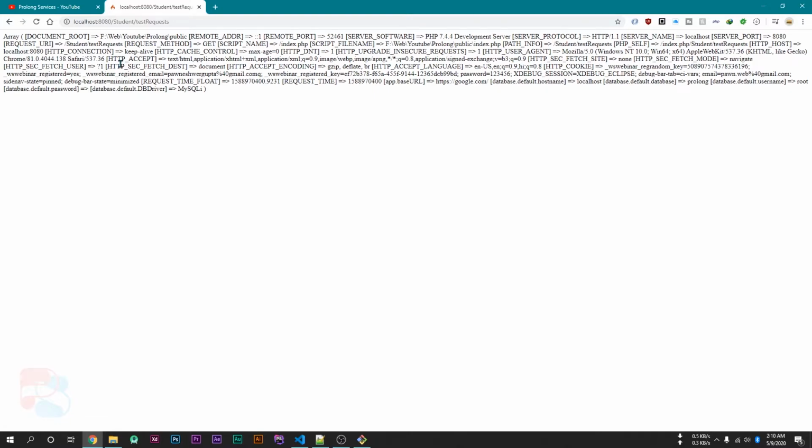Now if I reload my page, then it will return the whole server information like document root, remote address, remote port, server software which is currently installed like PHP 7.4.4, server name as localhost, server port which is 8080, and other configuration.